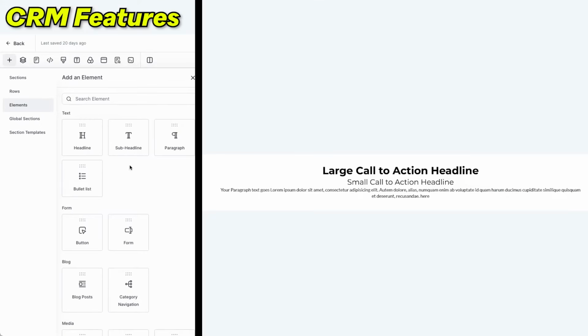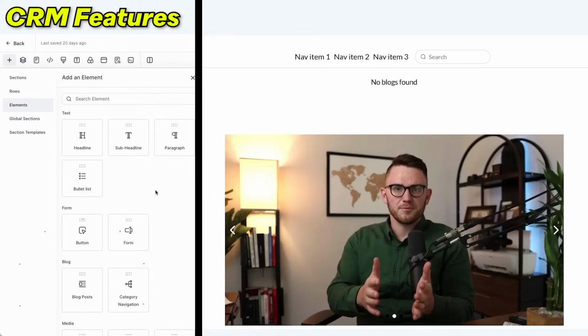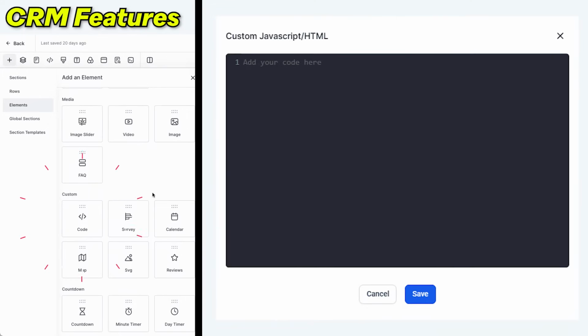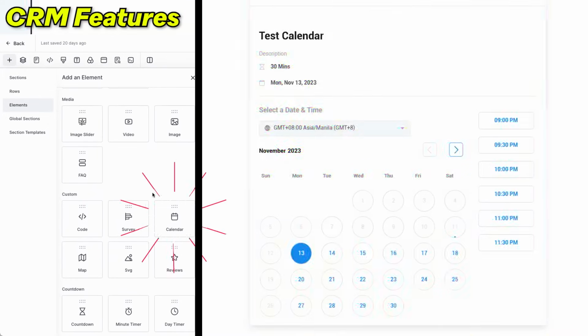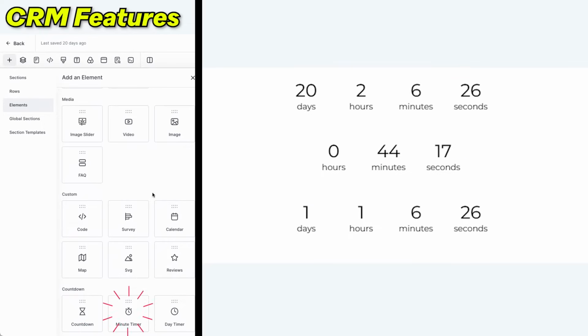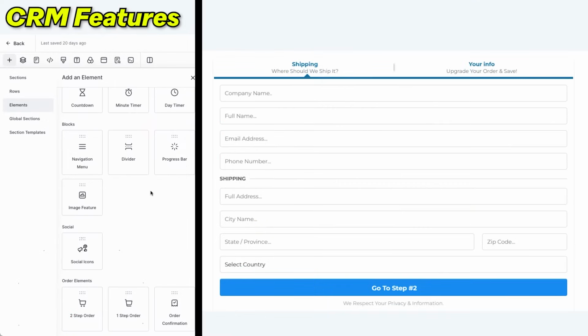Now, as far as the individual elements we can add, we've got headlines, subheadlines, paragraphs, bullet lists, buttons, forms, blog post lists, category navigation, videos, images, FAQs, custom JavaScript / HTML, surveys, calendars, maps, SVGs, reviews, countdown timers with minute or day timers, navigation menu, divider, progress bar, image feature, social icons, two-step order forms, one-step order forms, and order